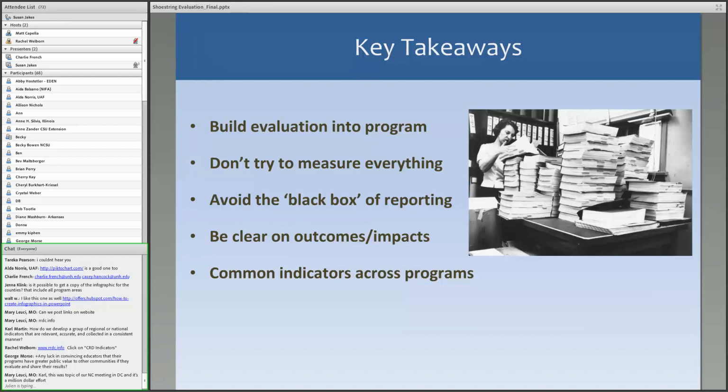And George Morris is asking, any luck in convincing educators that their programs have great public value to other communities if they evaluate and share their results? Yeah, that's a good question. I find that it's important in my position as a program leader. That's a message I'm always taking out to the educators at the county level, conveying exactly how that information makes its way to other channels, how we use it with the legislature, how it matters when we meet with administrators at the university level.